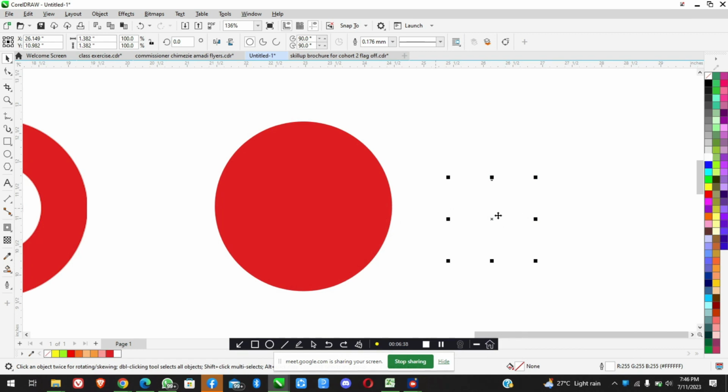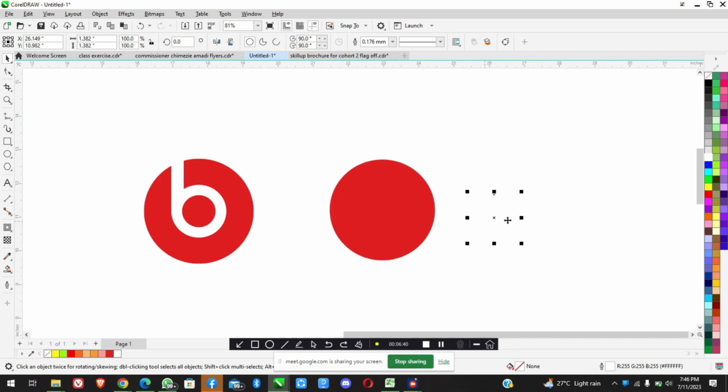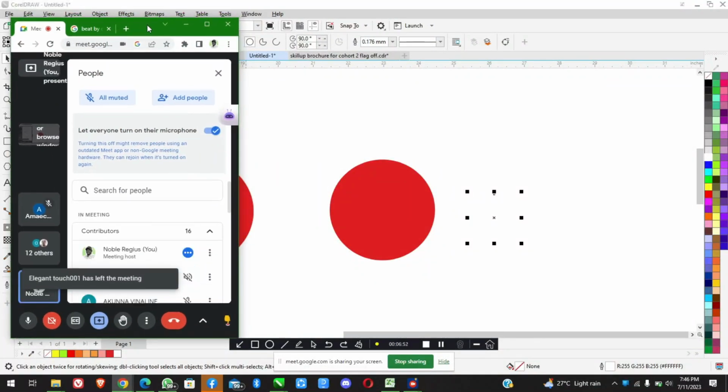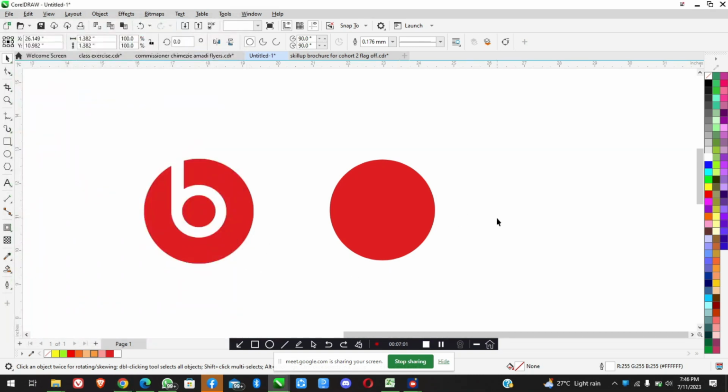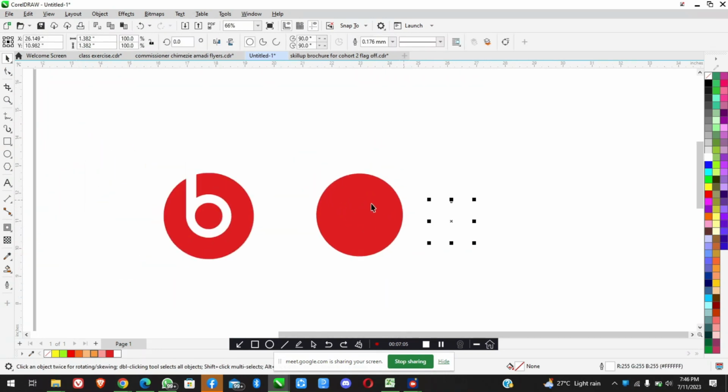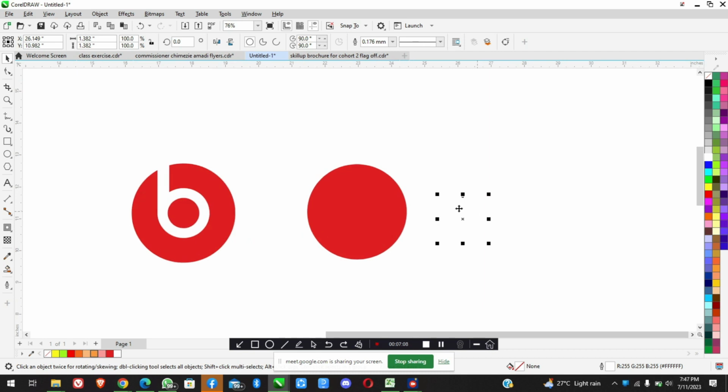So once I do that, the next thing is for me to move this circle I have here to the middle of this red circle. Okay, so this circle here, I want it to be in the middle of this red circle. So once the circle is selected,